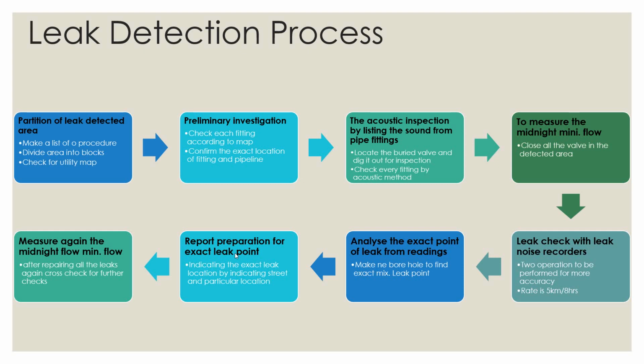Okay, so whatever procedures we followed in step 4, the same procedure will be followed in the last step, just to check whether the solution we have provided to prevent this leak is working properly or not. If the solution is working properly, it means your leak is eliminated and your water flow is quite regular. By this last step you can identify whether your provided solution is working properly or not. Okay, so these are the 8 steps through which your leak detection process is followed.